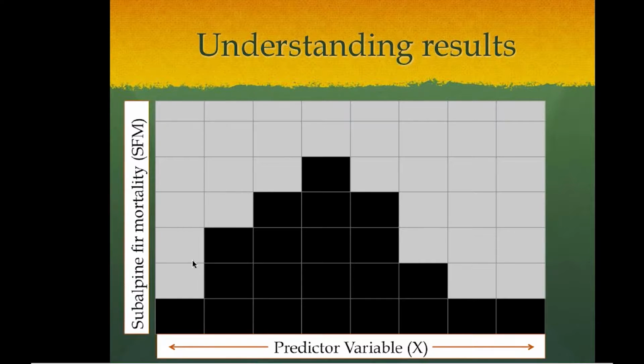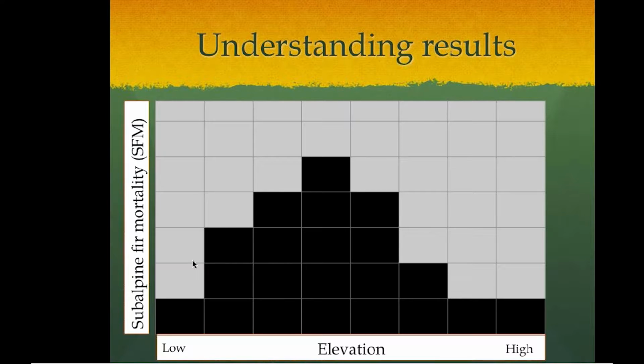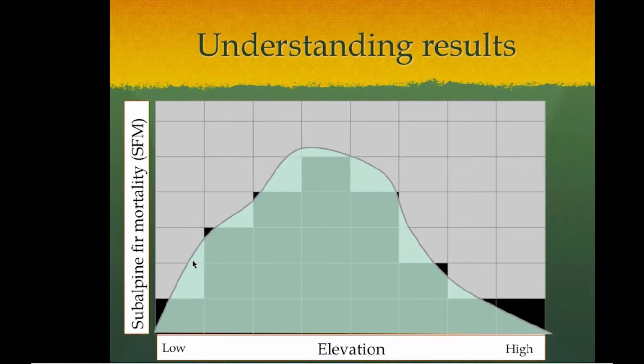So before I go into my results, I'd like to share a quick way on how to understand the results, sort of like a histogram 101. And here we have on the y-axis, subalpine fir mortality, and we'll have our predictor variables on the x-axis. So for theoretical purposes, elevation from low to high intervals. And this particular graph displays that at intermediate elevation intervals, there's high subalpine fir mortality. But for our study, we use histograms, which just simply cuts this x-axis into a much finer scale, creating a smooth histogram. So this is like a 1D histogram.